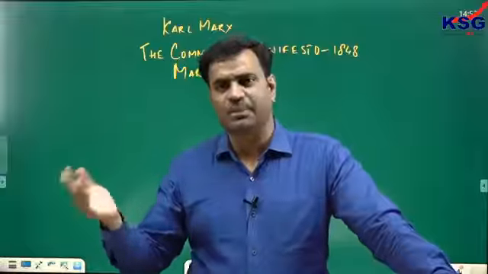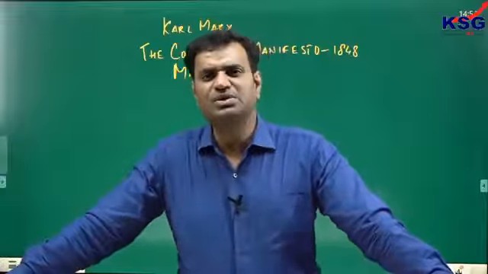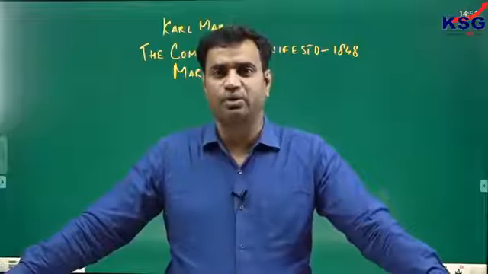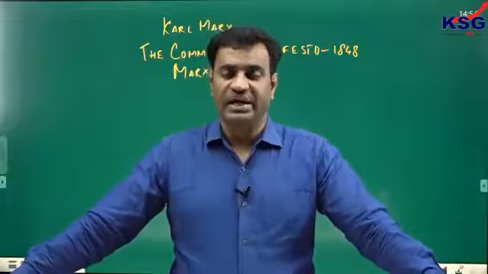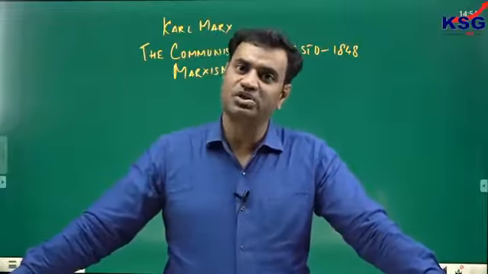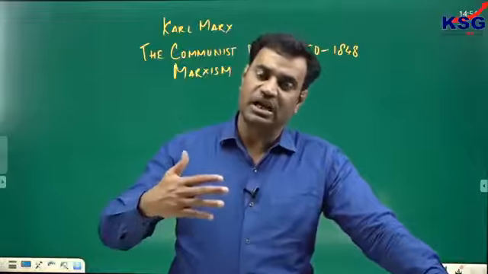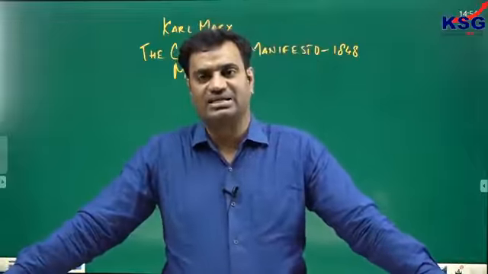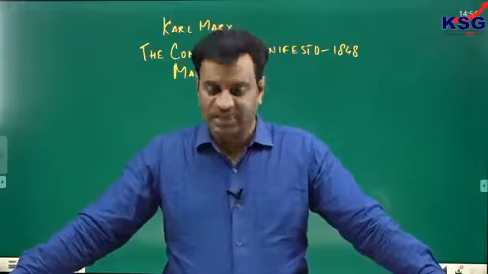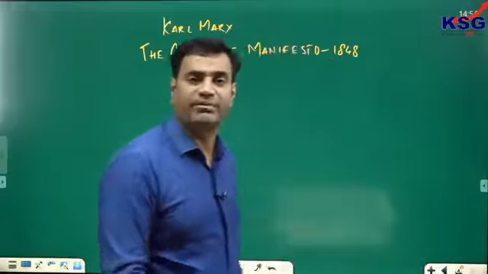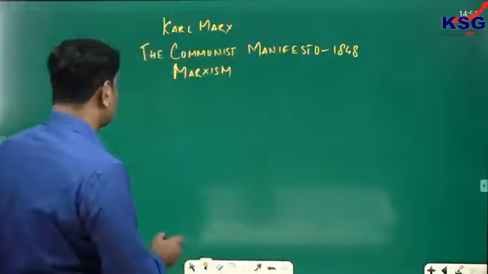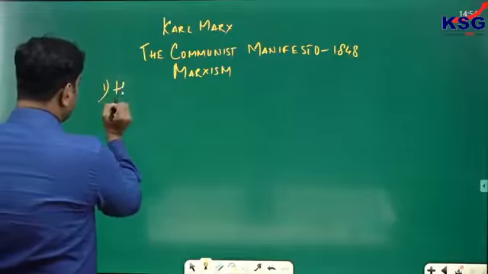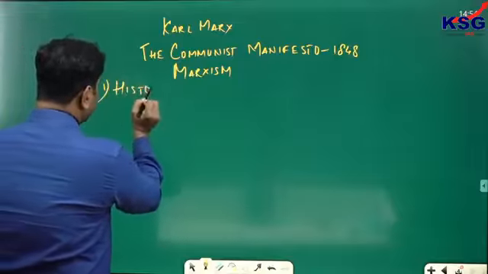After the death of Karl Marx in 1883, his works began to be promoted and published by his childhood friend, close friend, Friedrich Engels. And when Friedrich Engels began to publish his work, the ideology of Karl Marx started to acquire popularity. Russians accepted this ideology to a large extent. This scientific socialism given by Karl Marx is based on three major pillars. The first major pillar is